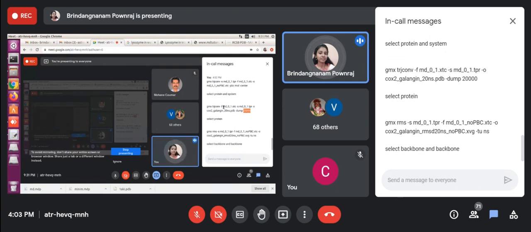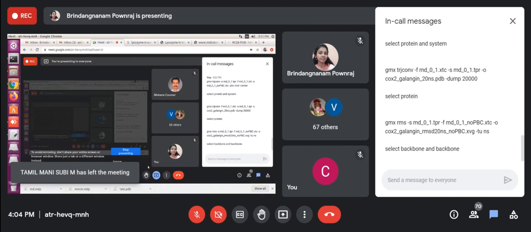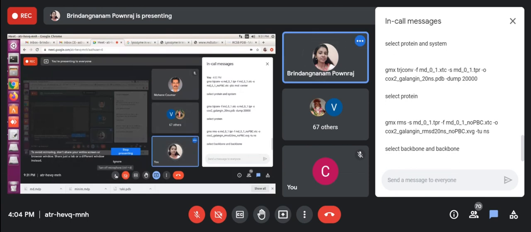And also whatever name you are giving for the XTC file and then the TPR file, based on that you can edit. In that I gave first the structure file and after that the TPR file. It won't create any error. You can proceed with this command also. Any questions? Is that clear?